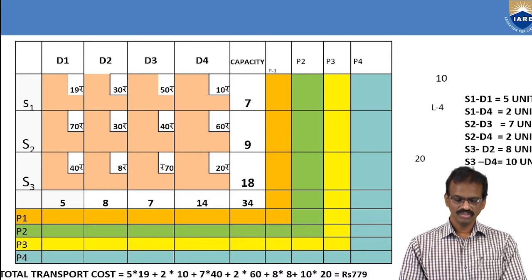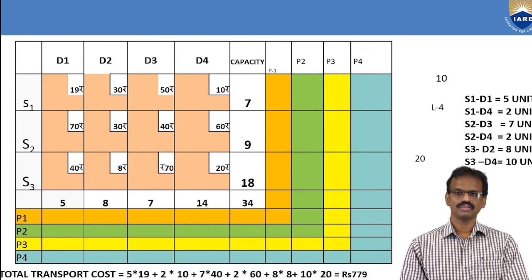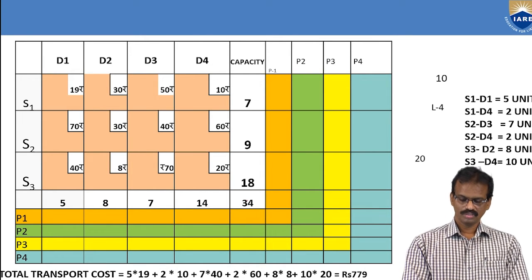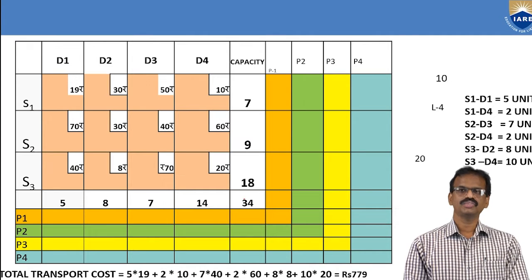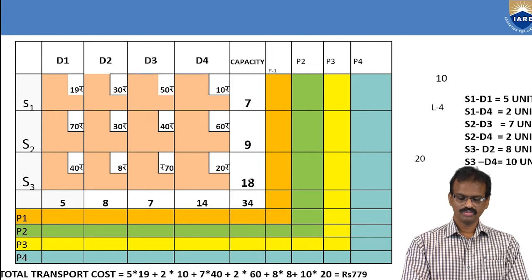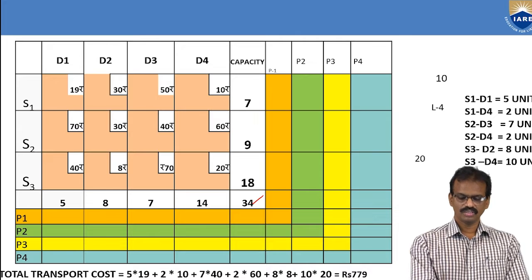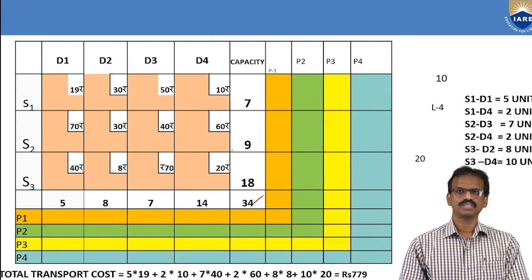This same numerical was taken to solve the transportation cost by LCM, the least cost method. We know that this is a balanced matrix, a balanced transportation model, because the supply total is 34, and here the demand is also equal to 34. So you know the supply and demand values and the shipping cost values. Then you have to identify the penalties.